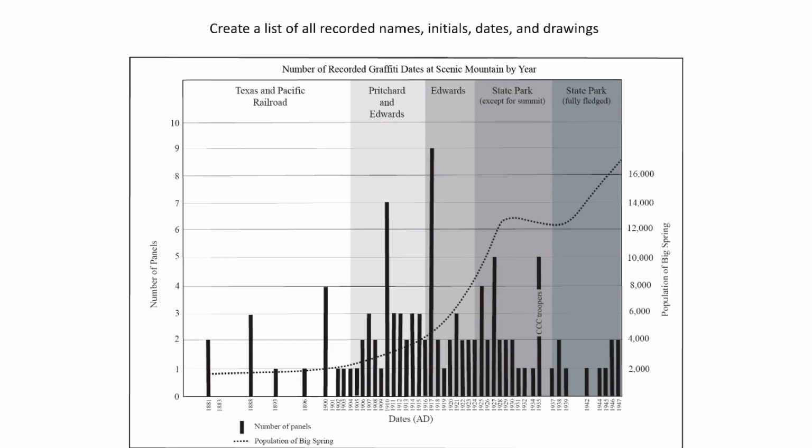A list of recorded graffiti names, initials, place names, dates, and drawings helps assess the management history of a site. The frequency of graffiti dates, for example, can help reconstruct the effectiveness of changing management practices regarding visitation to a site. This example is from the Scenic Mountain petroglyph site in western Texas, and it shows that during the private ownership by Mr. Edwards, people visited there and did a lot of graffiti, and then once the Texas